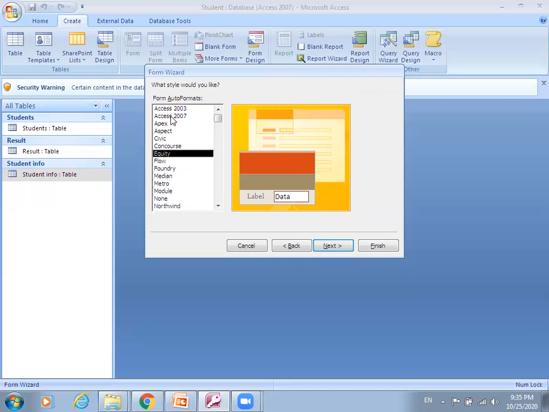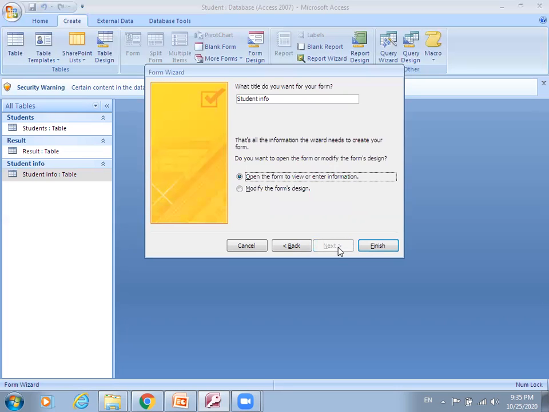Auto formats are available. So here you can choose any style, any color from the list. Select your auto format style, then press the next button to open the final dialog box.